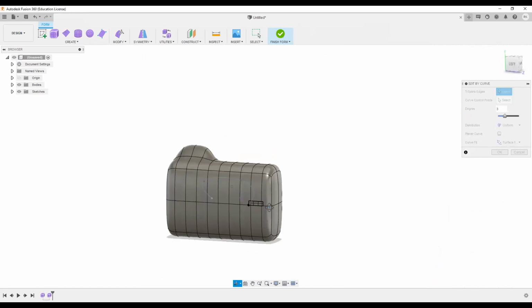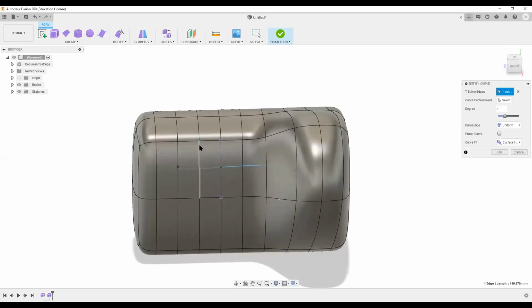So for example, if I have a curve, I can select the curve. Let's take this curve right now. Let's assume that it's a curve.